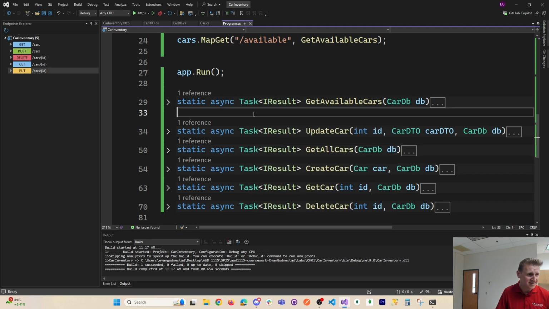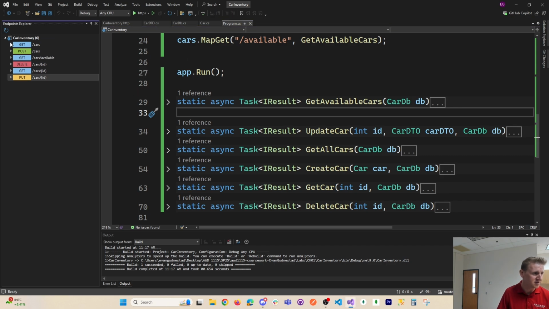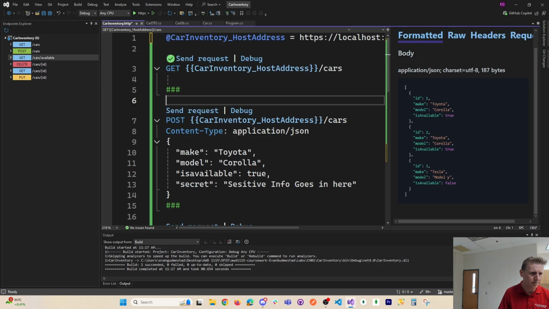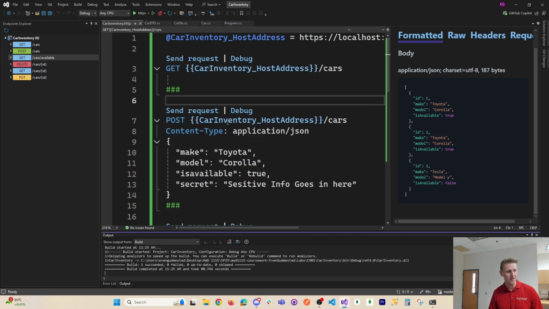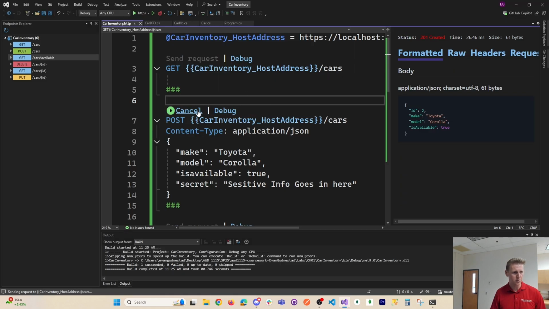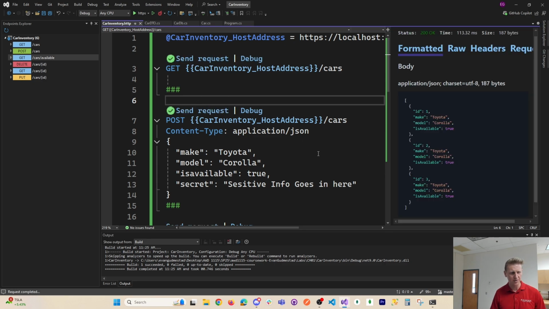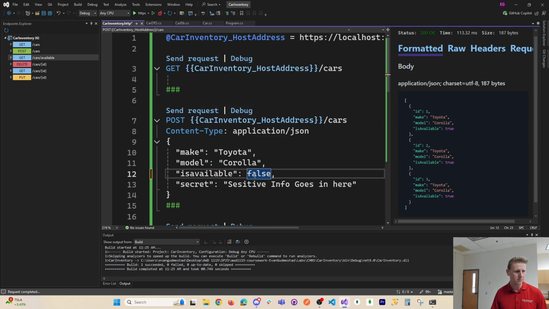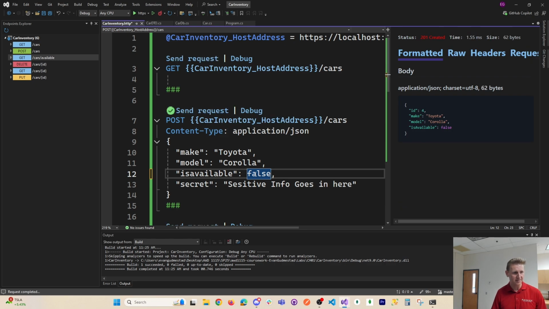And so we can save that and refresh our Endpoints Explorer, generate the request, boot up the back end, insert a couple dummy cars, 1, 2, 3, get all the cars. Now they're all available, so let's make a couple not available. Right, so 4 is not available,